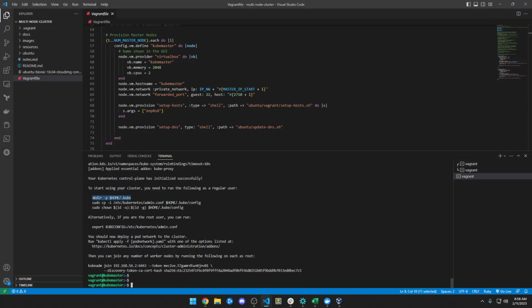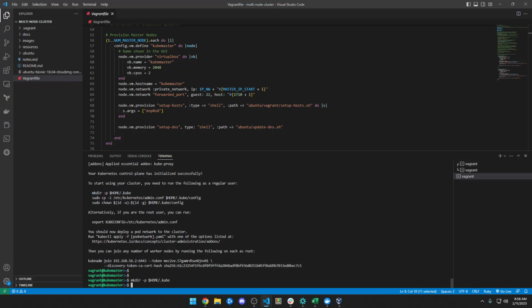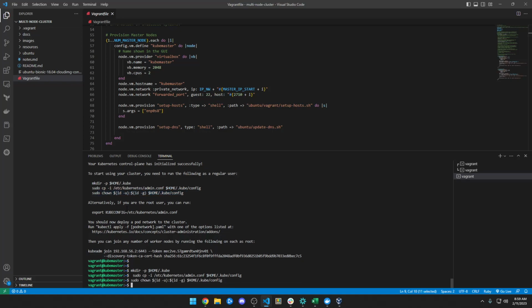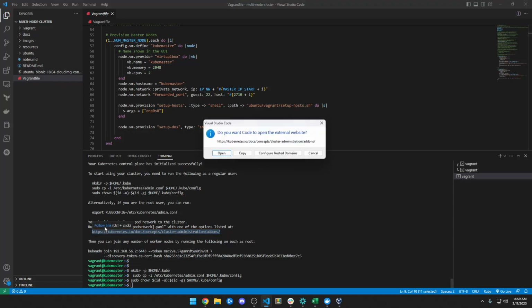So we need to make this directory home/.kube, and then we're going to copy the admin.conf to this kube config directory, and then chown it so that I can run kubectl as my user. And then what we need to do is deploy a pod network, and you run kubectl apply -f and then whatever the YAML file is, and we can grab these at this link here,